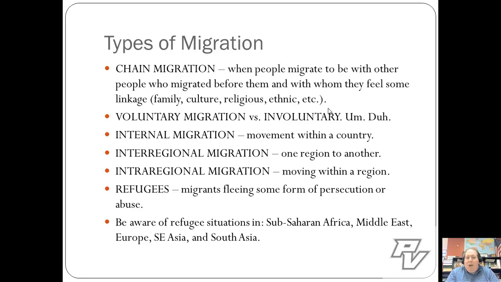You should be aware of current refugee situations in several regions of the world, because they're going to continue to be important, and they could come up as examples for either multiple choice or free response questions. Those regions are Sub-Saharan Africa, the Middle East, pay attention to Syria right now, Europe, Southeast Asia, and South Asia. The most pressing refugee situation in the world right now is actually in Syria, flooding into Turkey, Lebanon, and Jordan. As a result of those refugees, you're seeing a lot of pressure on those countries to try and do something to end the situation in Syria.